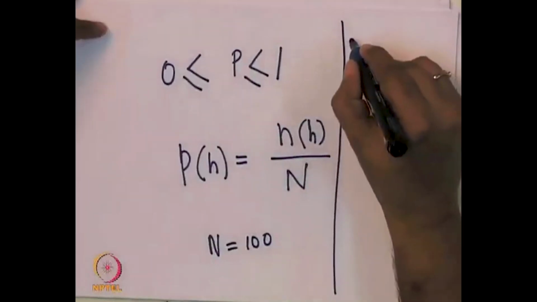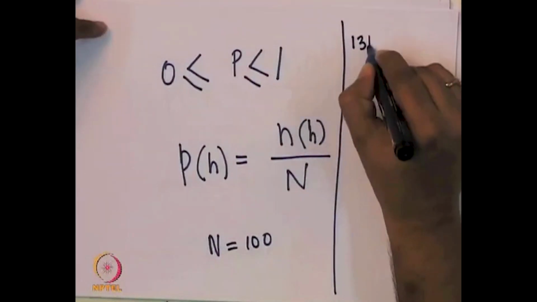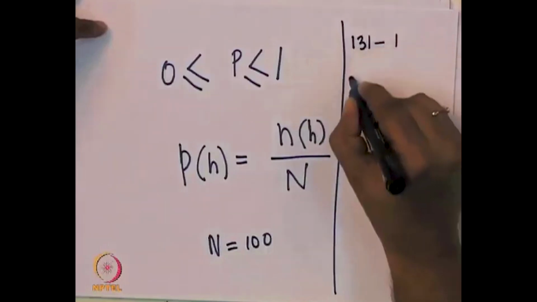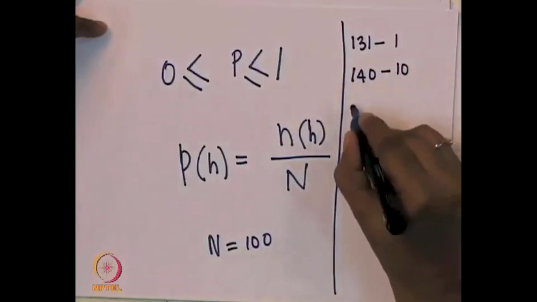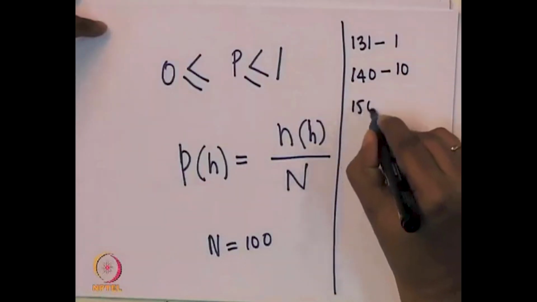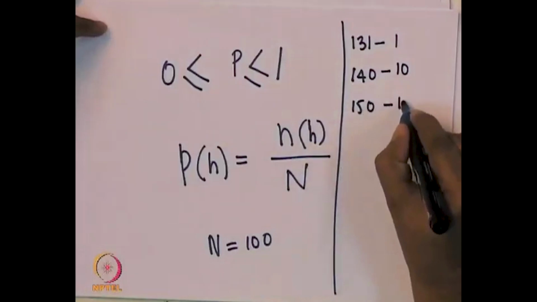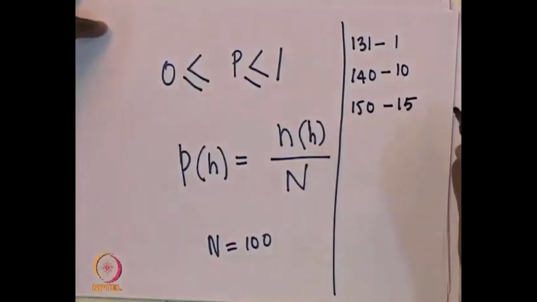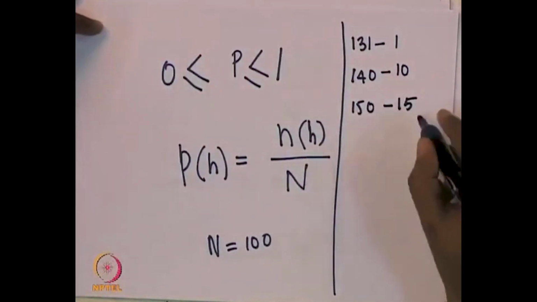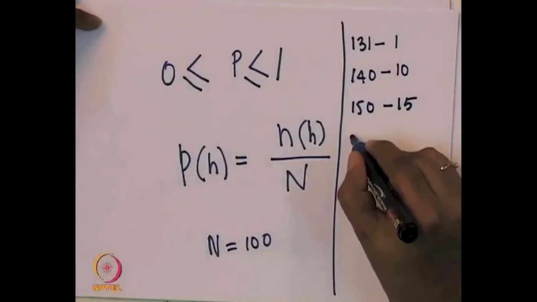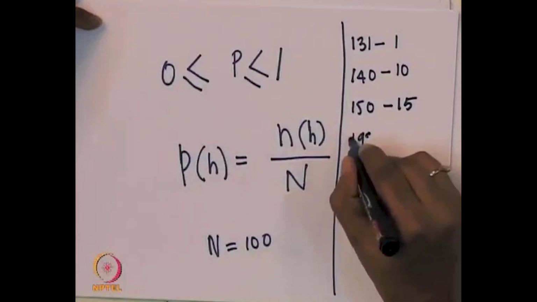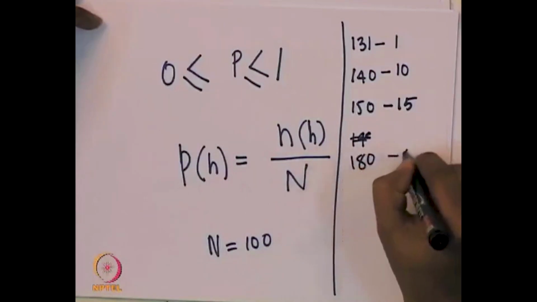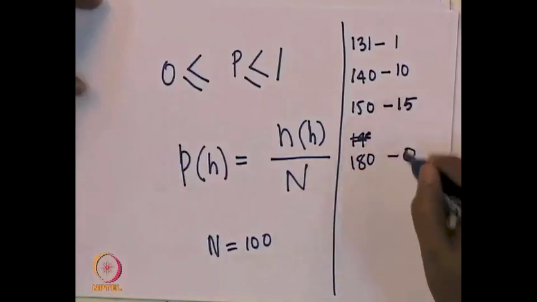Let us say there is one student with height 131 centimeter, there are 10 students with height 140 centimeter, there are 15 students with height 150 centimeter, and there are 0 students with height 180 centimeter. Let us say this is the case. If this is the case,